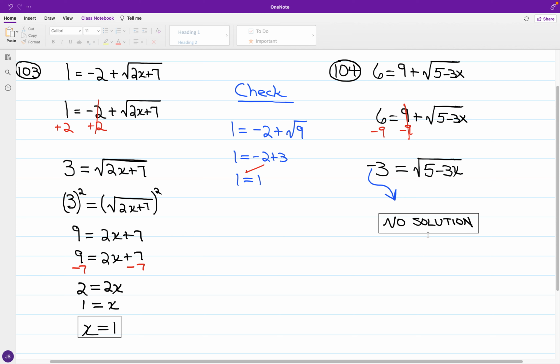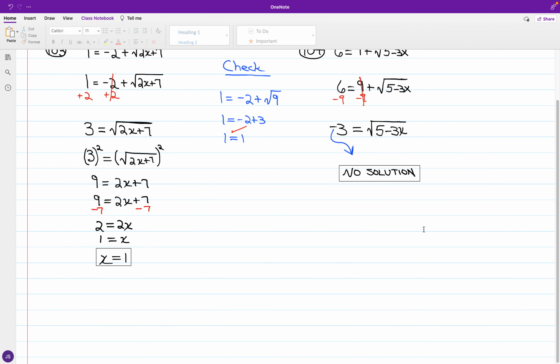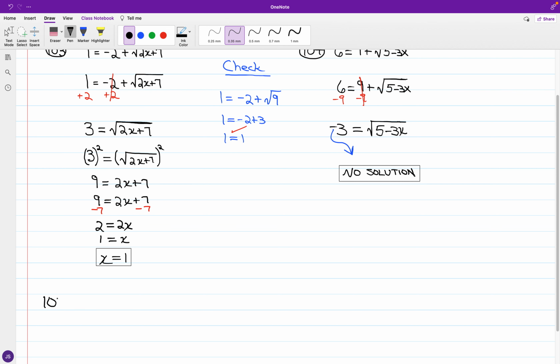All right, now for what we have in the group, we're transitioning to the appearance of a different letter, and this is going to show up twice. In the case of number 105, this time we're looking at the letter m, whereupon we have the square root of m plus 18, followed by the addition of 2